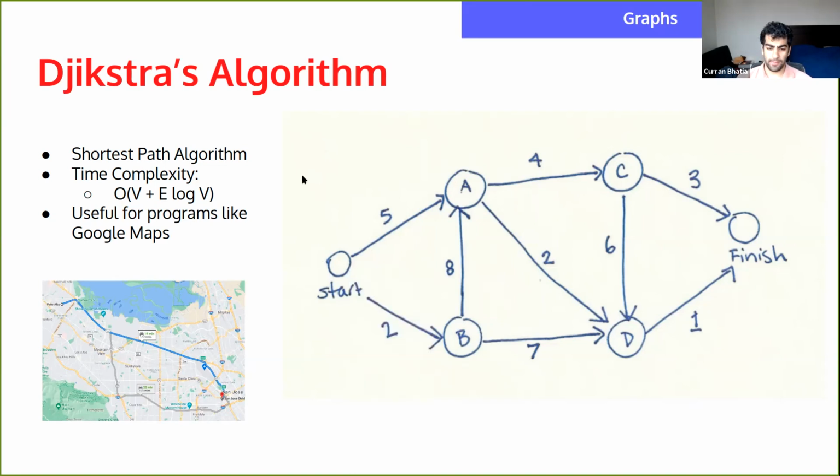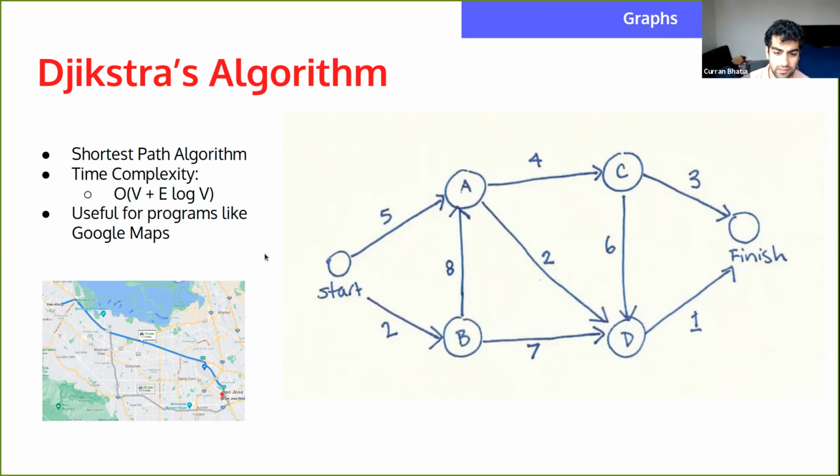So I'm not going to go into the exact implementation of it, but a good understanding would be this graph on the right side, where you ask the question, how would I get from start to finish? You really want to figure out what actually is the shortest distance. If all these arrows represent minutes, then what's the fastest way to get to finish?